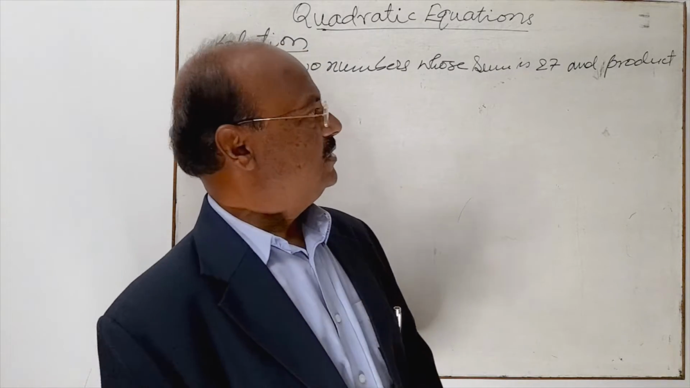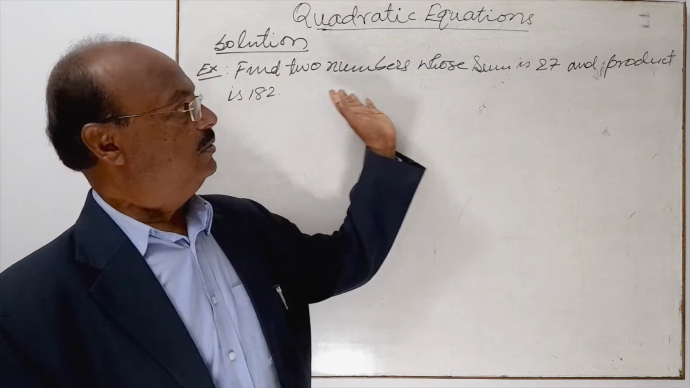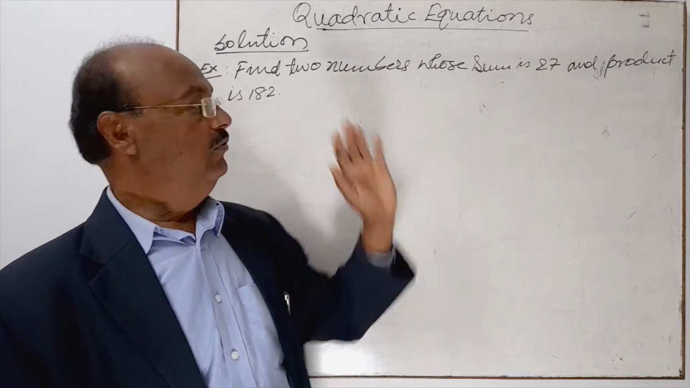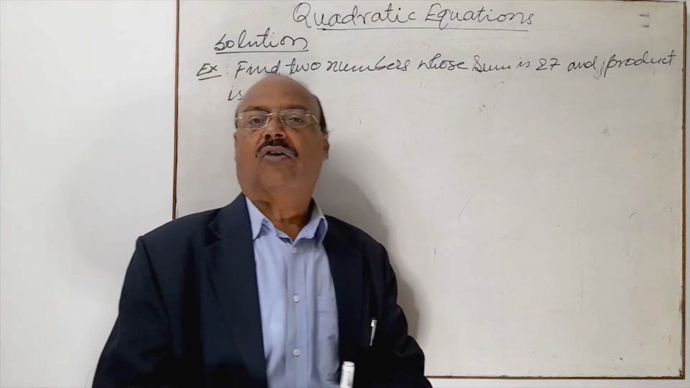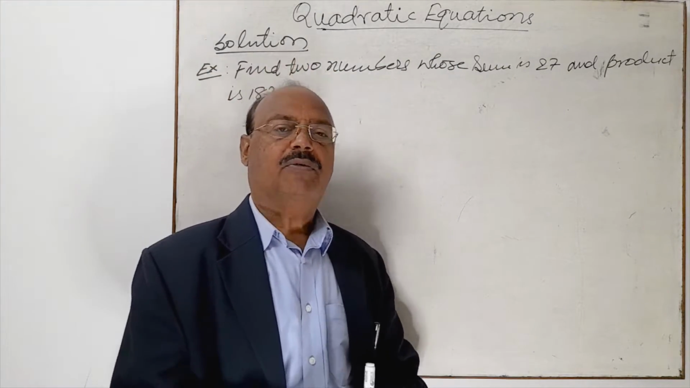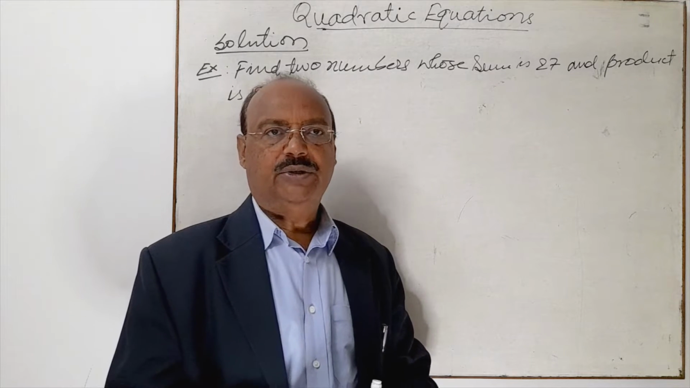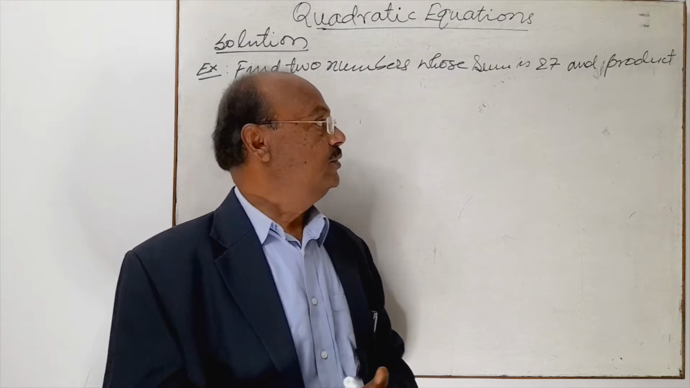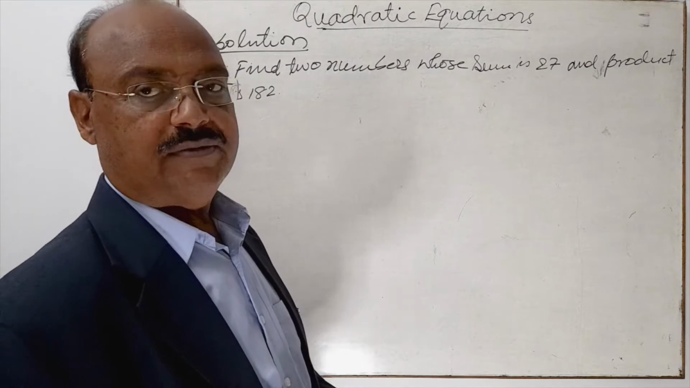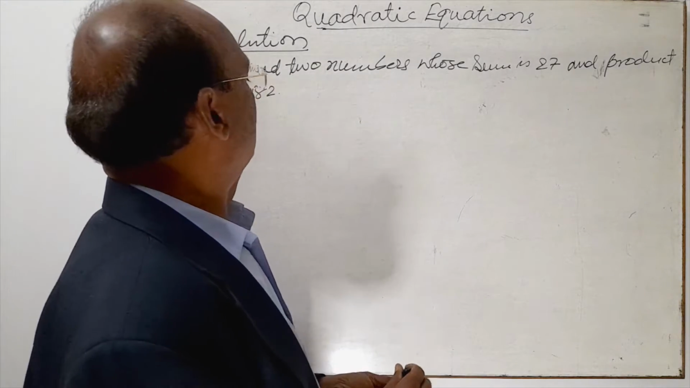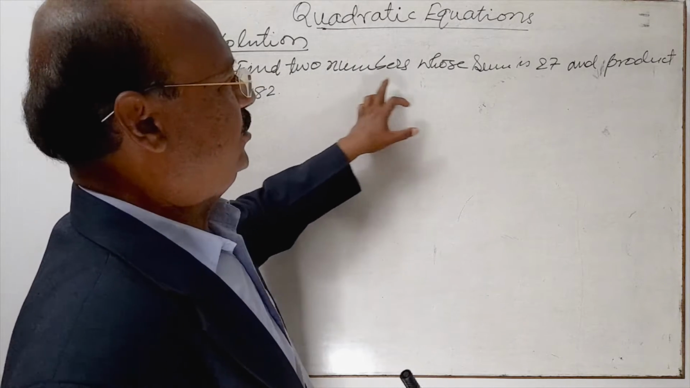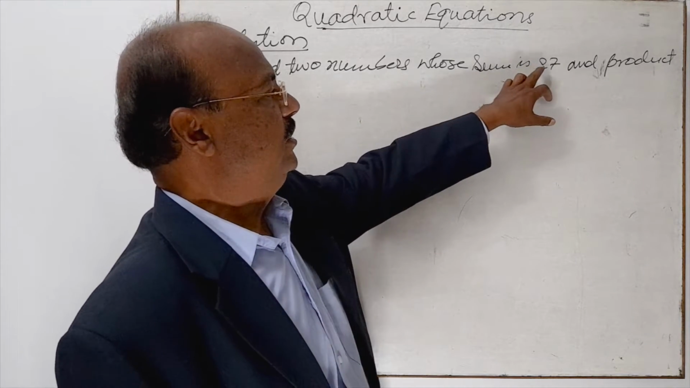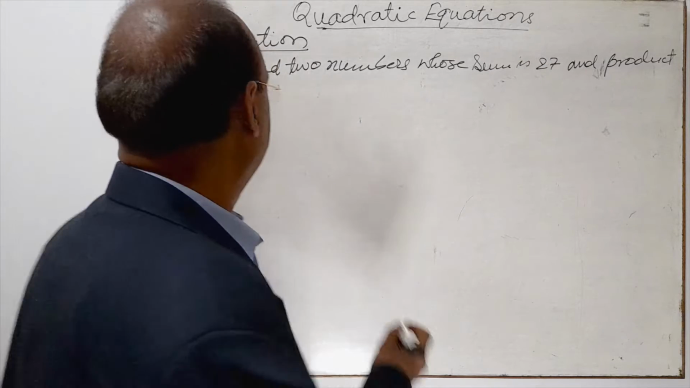First of all, with the help of the given expression, we'll try to formulate a quadratic equation, and after formulating it you have to solve it to get the required answer. So first of all, let us form a quadratic equation. The question is to find two numbers whose sum is 27. So